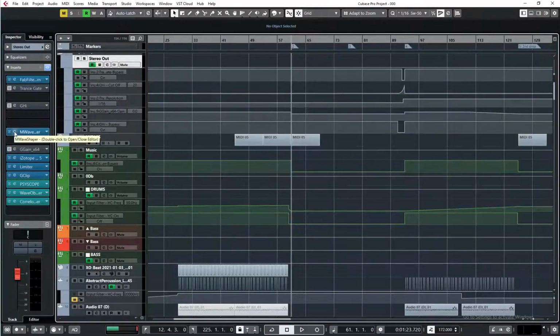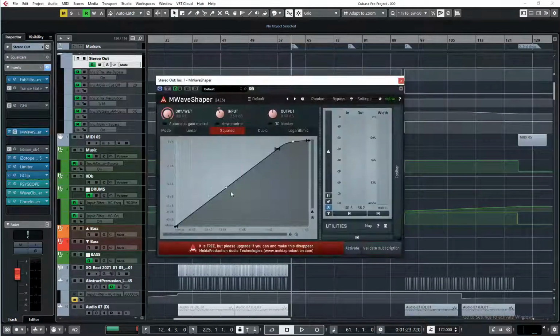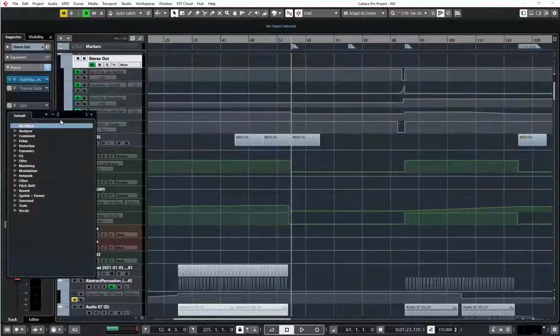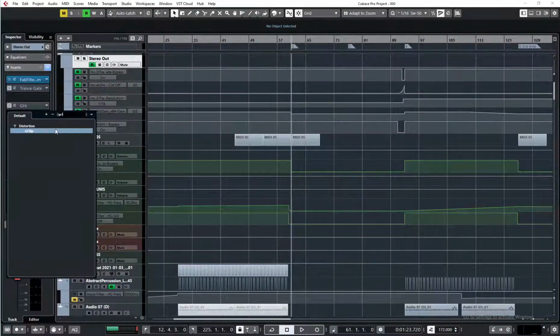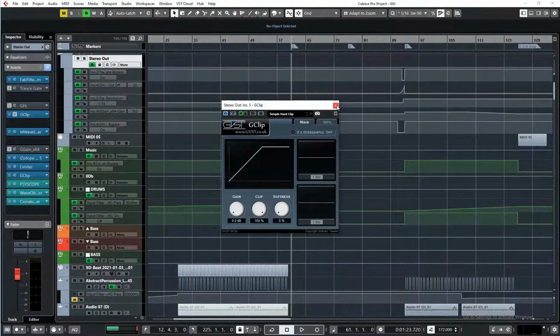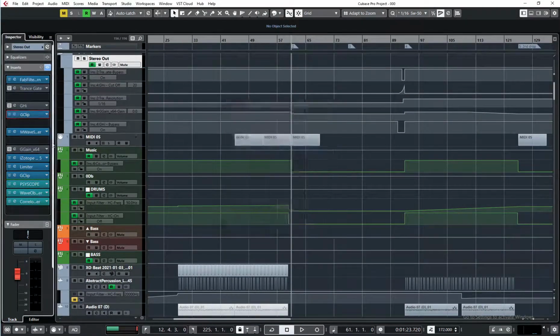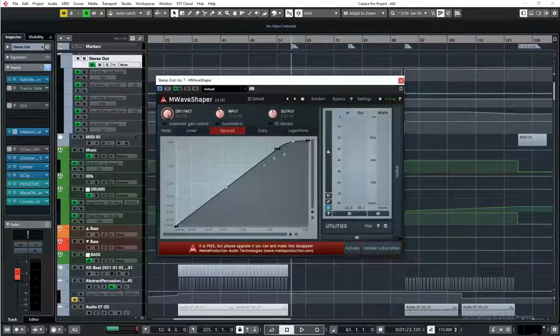And actually there is no good wave shaper in Cubase. I think even Cubase 11 doesn't have any good waveshaper. You'd better get one. MWaveShaper is the best one, and also I like a free one called GClip. This one is good too for overall wave shaping. It just has hard clipping or soft clipping. You don't have many settings here, but maybe when I want something more sophisticated, a little bit like here, I